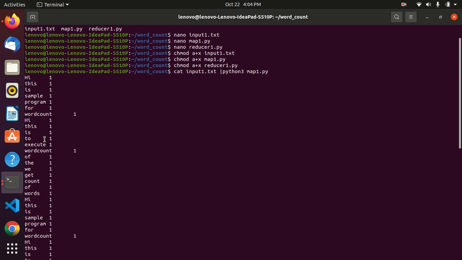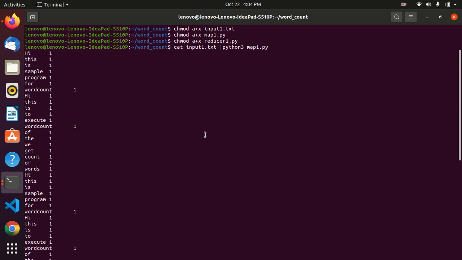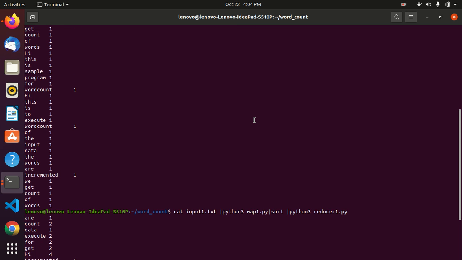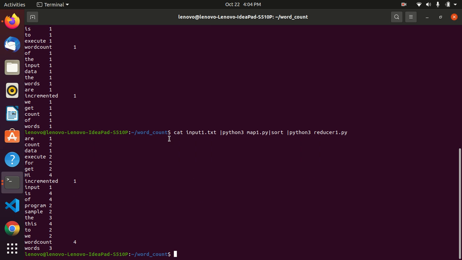Now this is the mapper process, and next we are going for the reducer, where the mapper output is taken as input into the reducer file. The command for that, here also using the pipeline concept, is python3 reducer1.py.